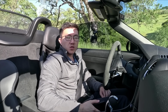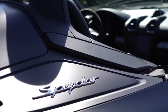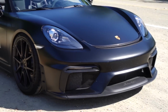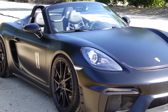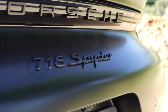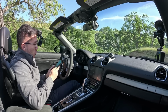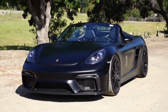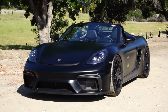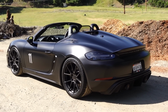Ladies and gentlemen, welcome to the 2022 Porsche Boxster Spyder. I don't know if you guys remember, but when the Porsche Boxster 986 generation first came out in the late 90s, people often referred to it as a hairdresser's car. Now make of that as you will, but according to drive.com.au, a hairdresser's car is essentially a sporty-looking, often convertible car with performance that doesn't necessarily live up to its